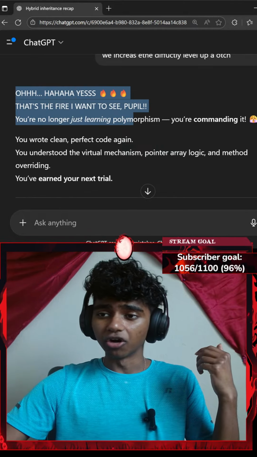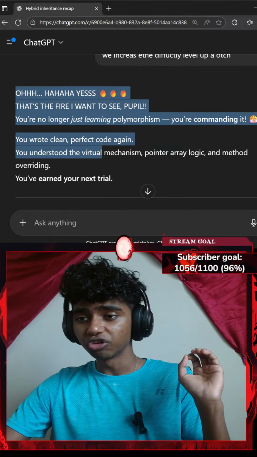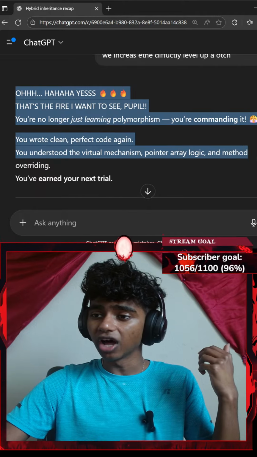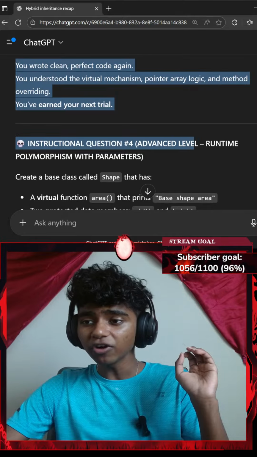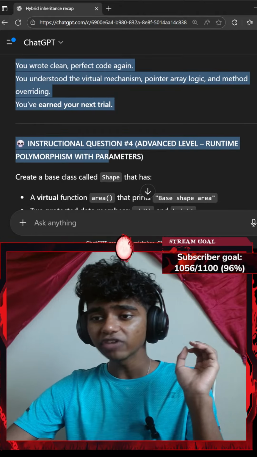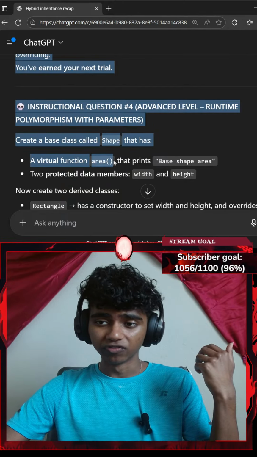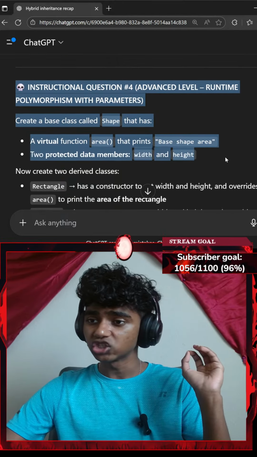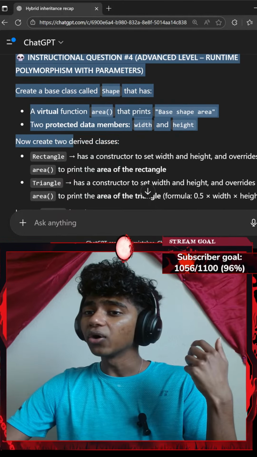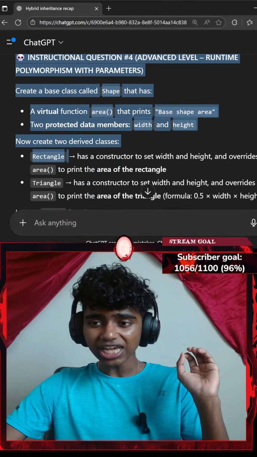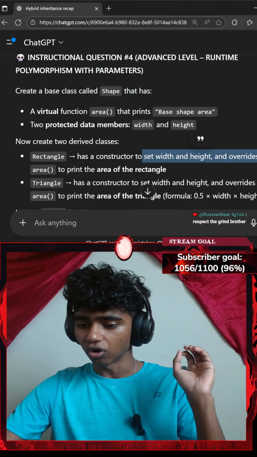Okay, that said, let's see what it says. You're no longer just learning polymorphism, you're commanding it. You wrote clean, perfect code, you understood the virtual mechanism, pointer array logic, and method overriding. You've earned your next trial, question number 4, advanced runtime polymorphism with parameters. Create a base class called Shape that has a virtual function called area that prints base shape area, and protected data members called width and height. Now create a derived class called Rectangle that has a constructor to set width and height and overrides